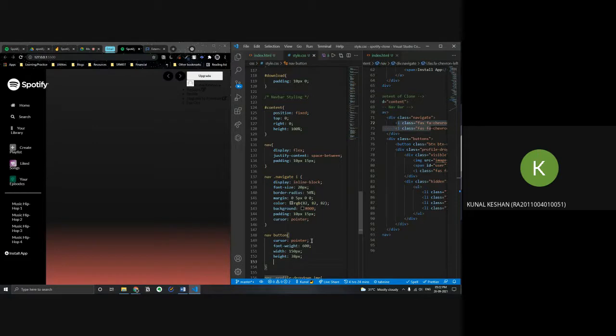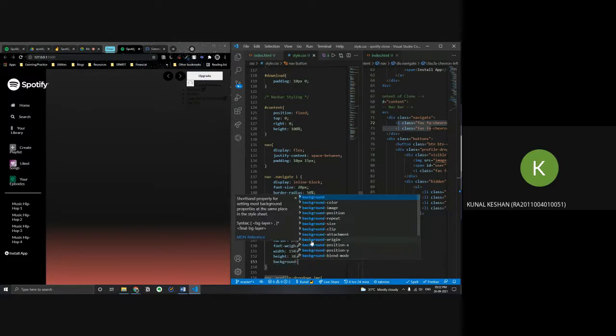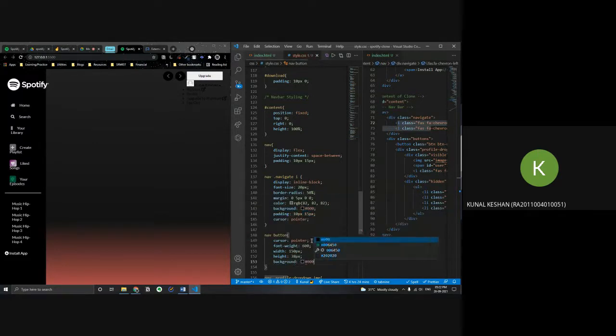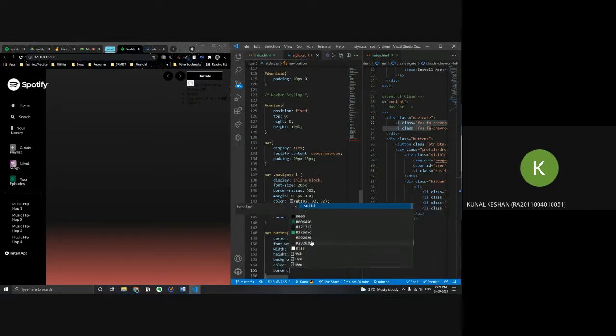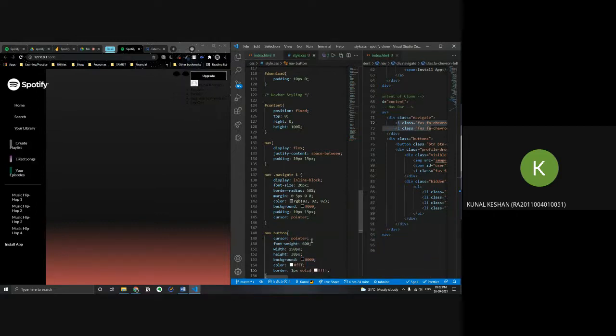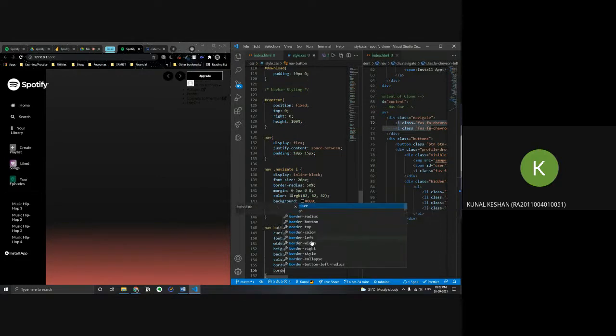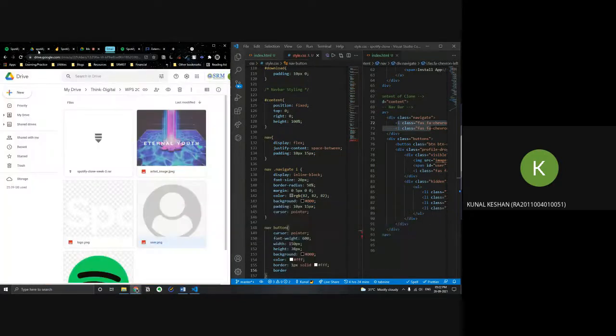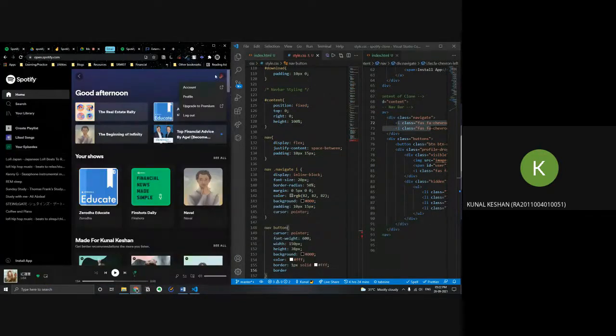Then black background. Text should be white in color. Then we want a border, 1 pixel solid and a white border. And then you can see it curves a bit in the actual website.